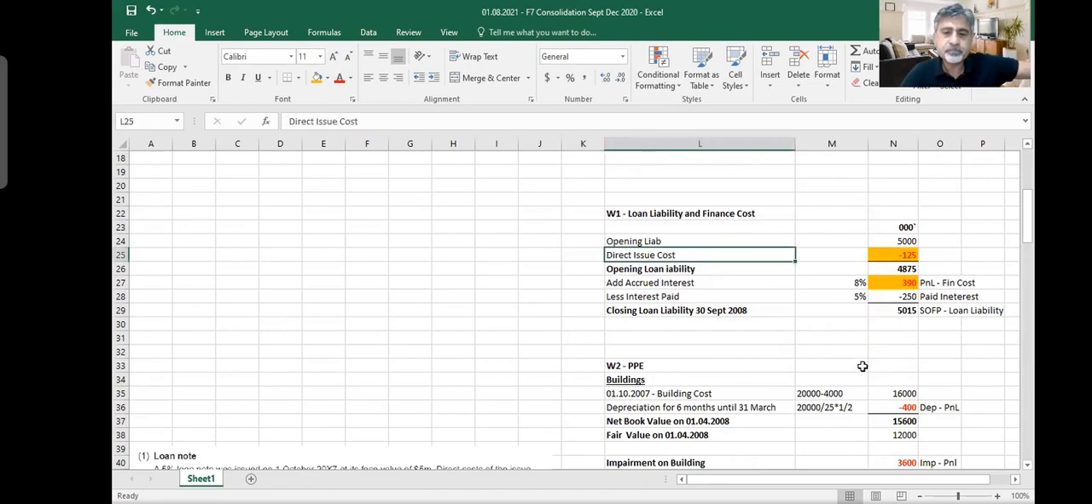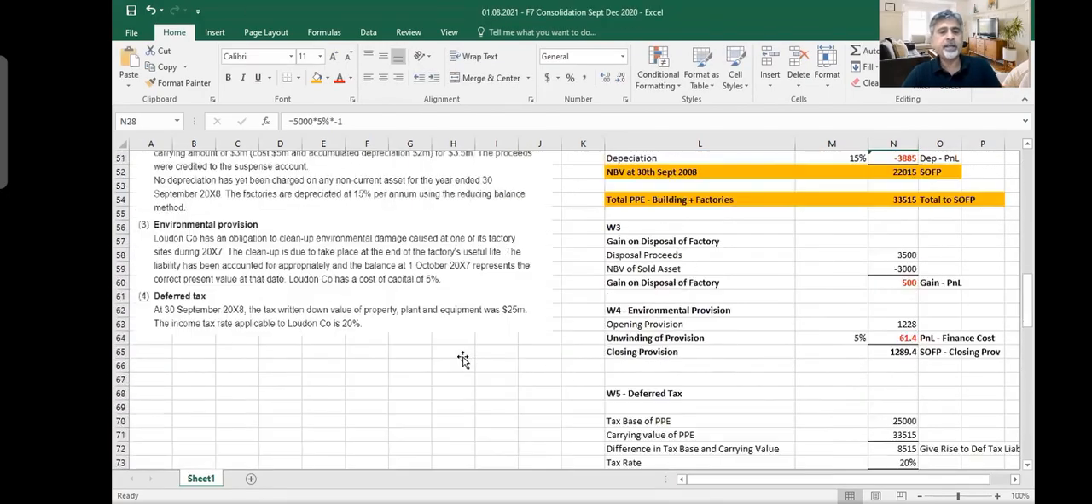See here. We said that loan note had, now all of you please listen carefully. Opening liability: we said 5 million issued bonds or loan notes. We had some direct issue costs of 125,000. We subtracted 4,875. And then we said accrued interest 8%, 390, and then interest paid 250. Now, where did I take this interest paid? In the question,